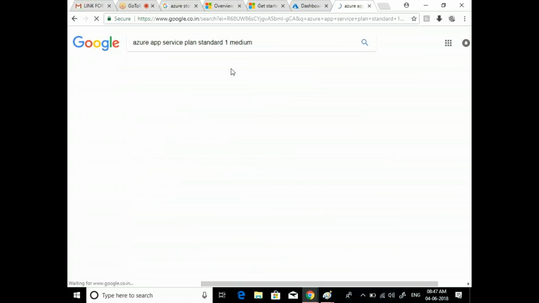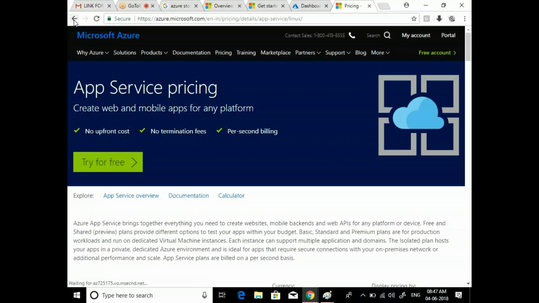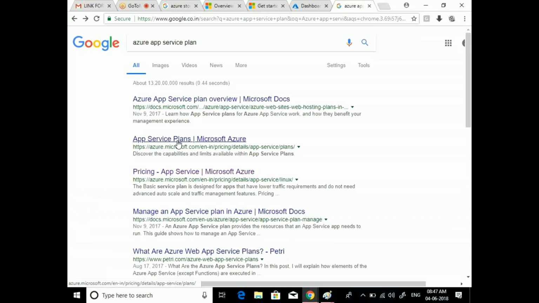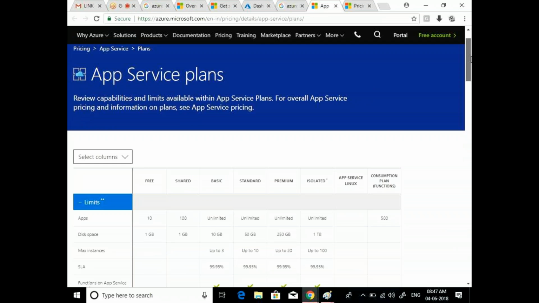You just type it and you will get the pricing tiers. Okay, so this is the app service plan link where you will have the sizes.